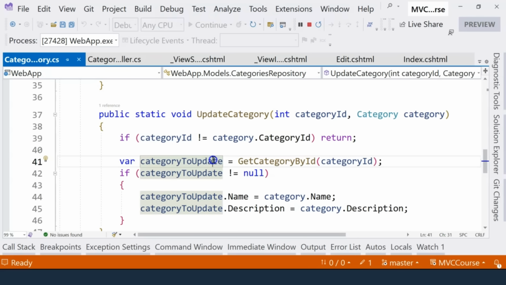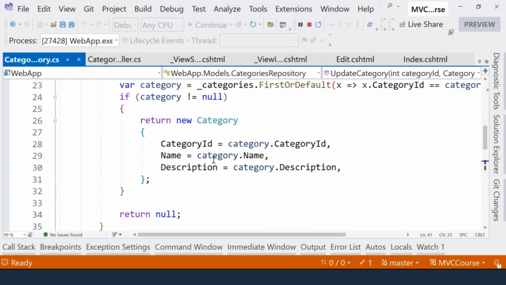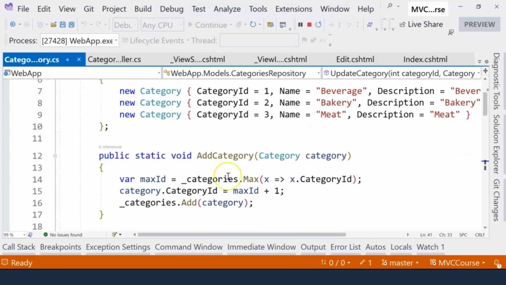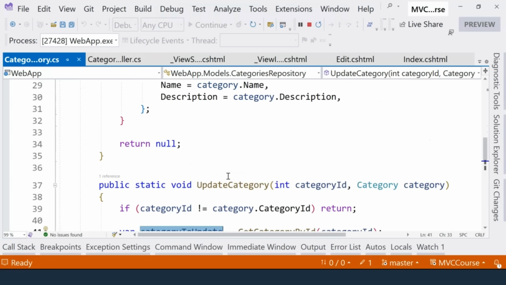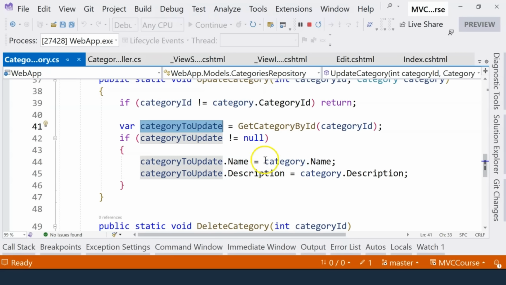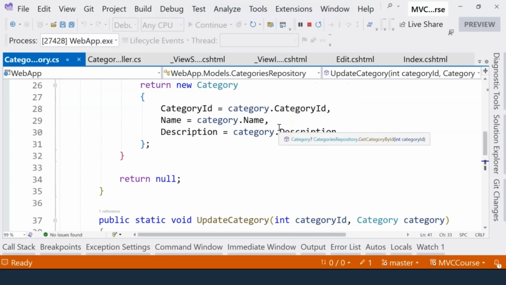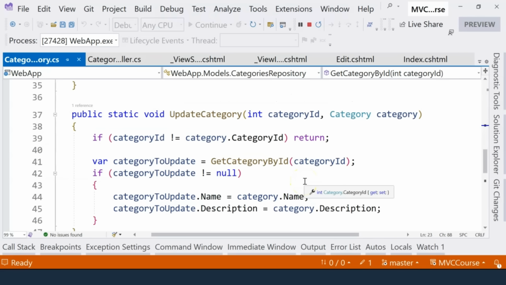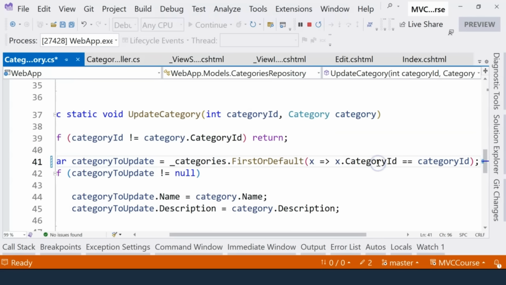But because this is a different instance from the instance that we stored over here, it won't actually update the category in the memory. So instead of using the get category by ID method, let's actually use this LINQ query here to help us to actually get the category in the map data store. So let's change it to this one,